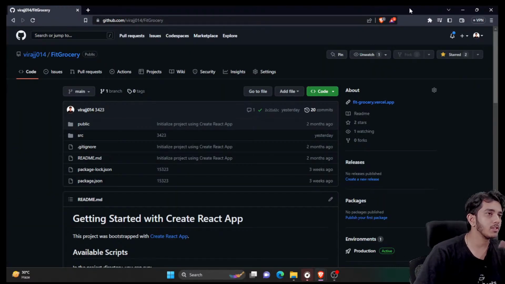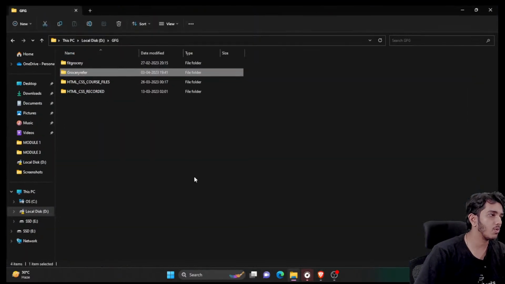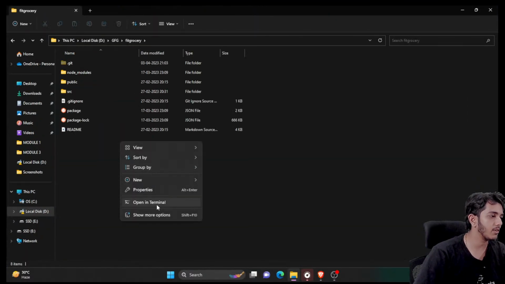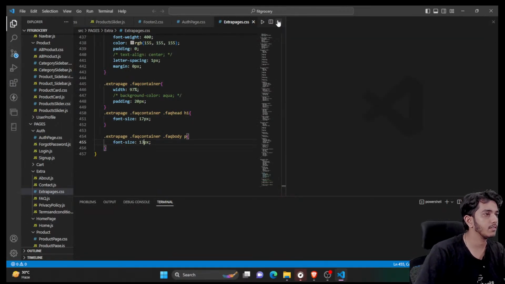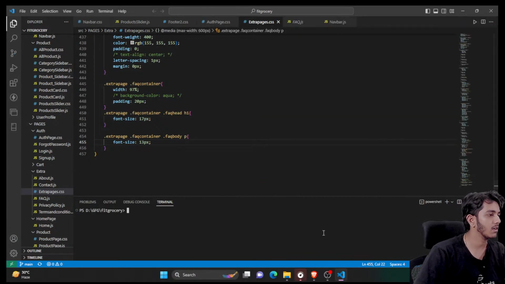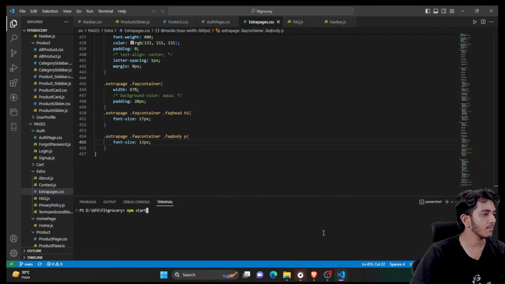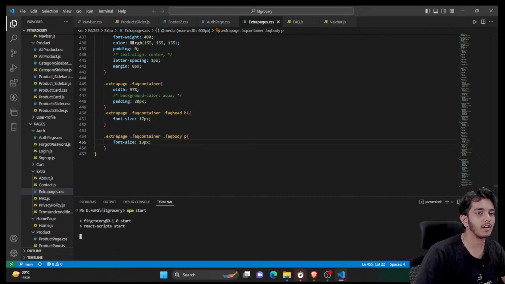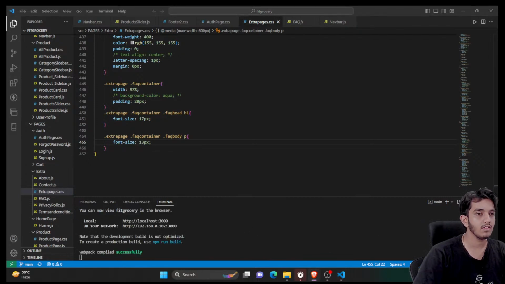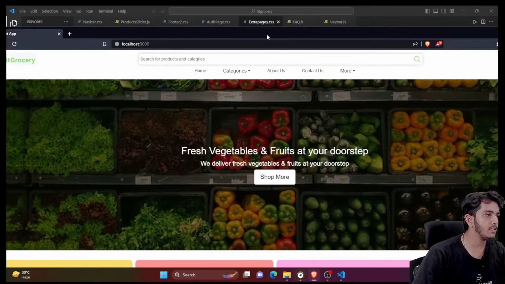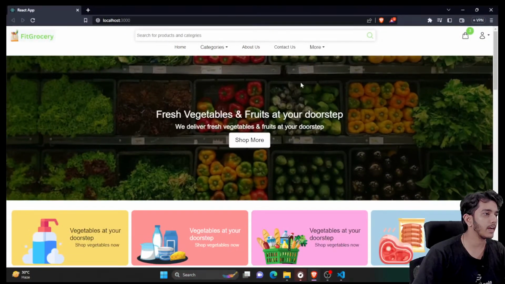All right, so now I'll open my source code from VS Code. The source code is available here. I'll just open it here, open with code. All right, so I'll just start it with npm start. Okay, guys, so now here you can see that the website is ready, and we needed to focus on the